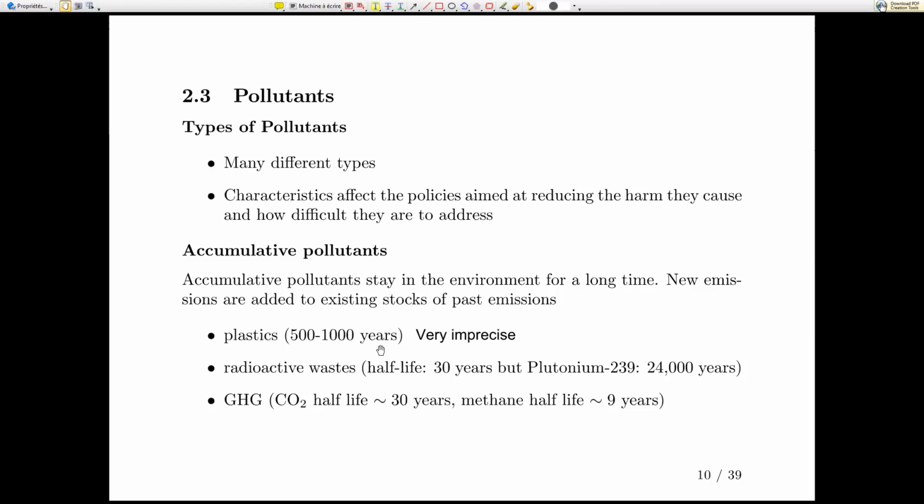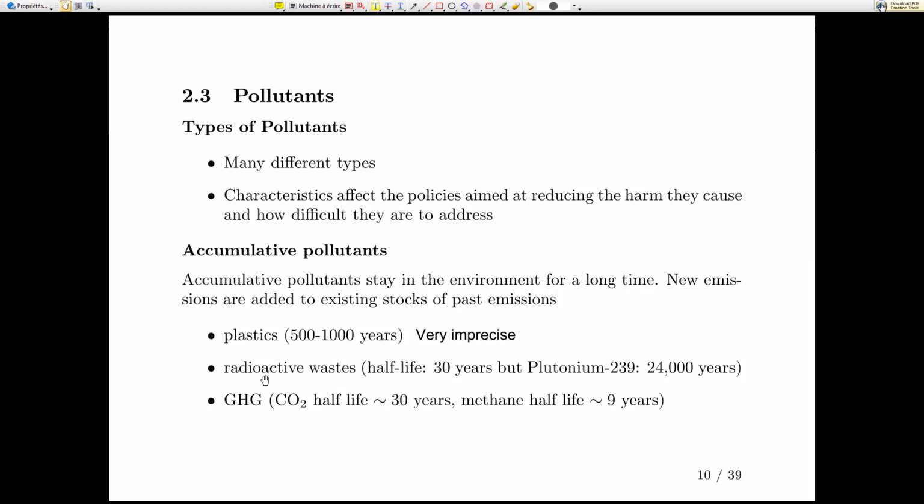And the thing is, plastics have only been invented for a few decades, so it's really a short time span to have any idea really. Who knows, maybe it's 1,000 years, but everybody uses the same numbers that are just estimates, and no one really knows for sure. Radioactive waste, of course, that's extremely scary.